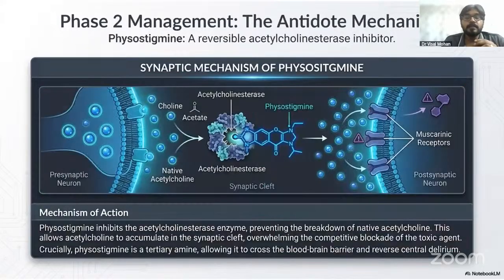The next is how do you treat these patients? What is the right antidote for these patients? Okay, it is actually physostigmine. It is a reversible acetylcholinesterase inhibitor. So what happens is physostigmine inhibits the acetylcholinesterase enzyme. Usually the anticholinergic goes and binds to the muscarinic receptors, and because of that, acetylcholine levels are actually kind of high. So the acetylcholine is degraded by the acetylcholinesterase. So what the physostigmine does